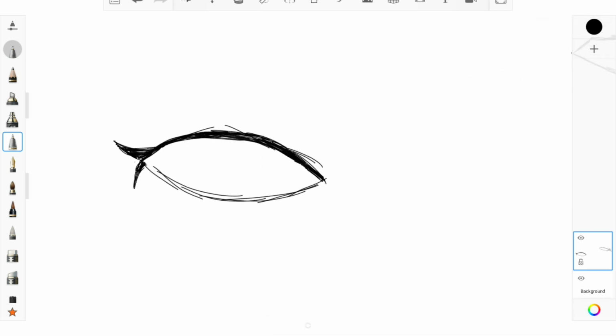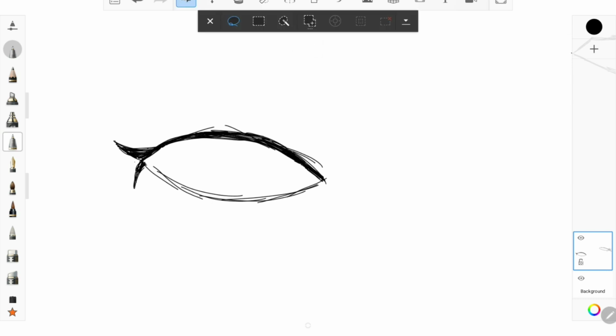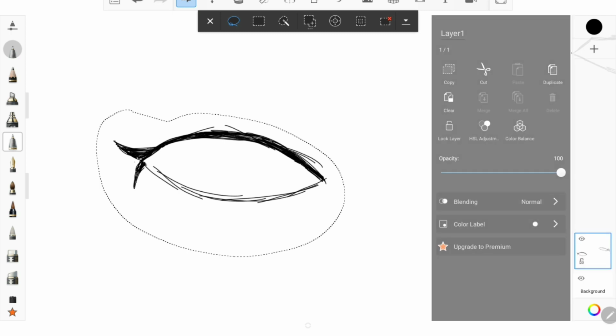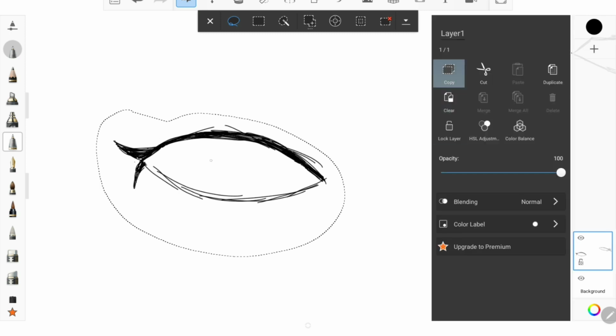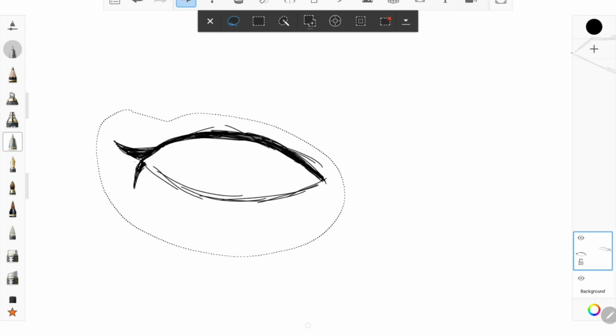If your character is facing head on and you're trying to make the other eye match, I have a hack for you of how to do that without having to hand draw the other eye and suffer. So if you have in your drawing app, at least this only works for digital artists, a tool that looks like this, or it might have this symbol on it, that's called a lasso tool, you can use it to circle the other eye, go into your layers, copy,